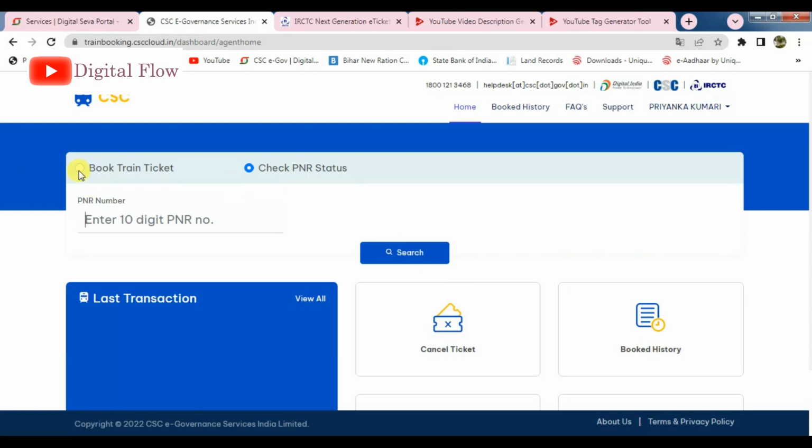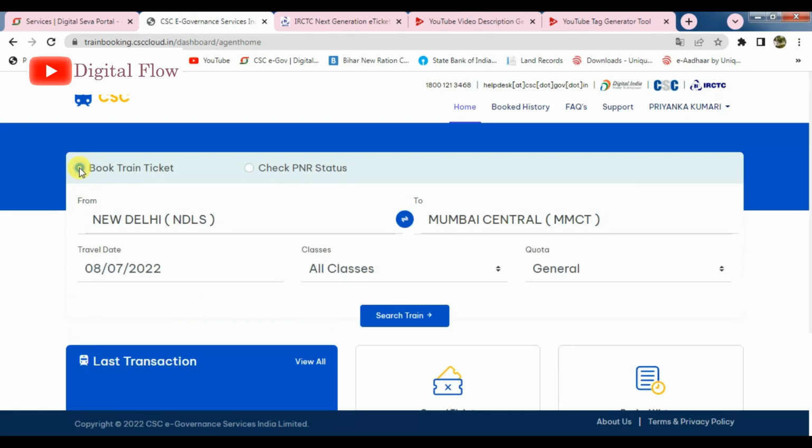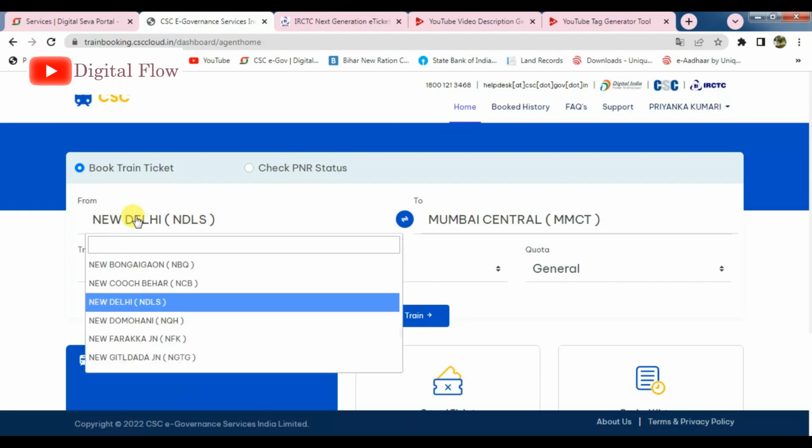Now we will see how to take a booking. Here are two options, from and to. We will click on from. I have to enter the name of the railway station where you have to start the travel.